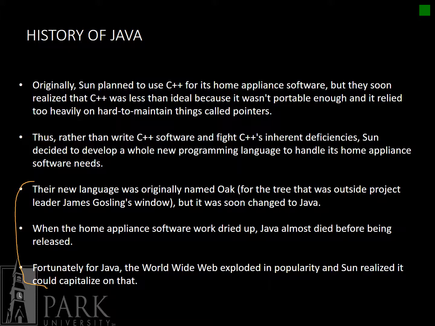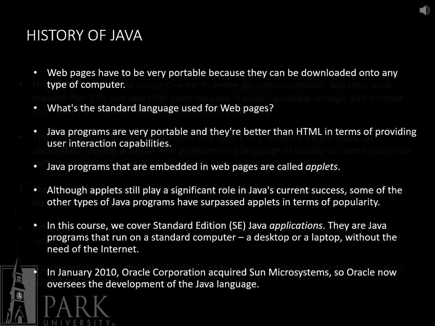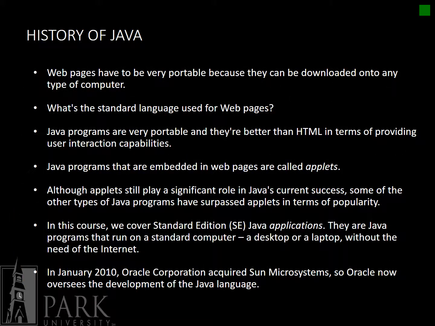But basically, this is right also when the World Wide Web, or the internet as we know it today, started to come about. And Sun Microsystems says, hey, this internet thing's kind of important. We can probably capitalize on this and use Java to power some of these applications that are going to be running on the internet. And so they started writing Java to be used for all of these applets, right? Now,